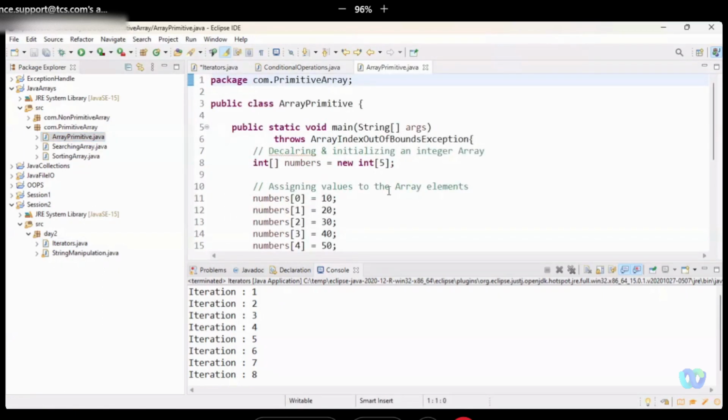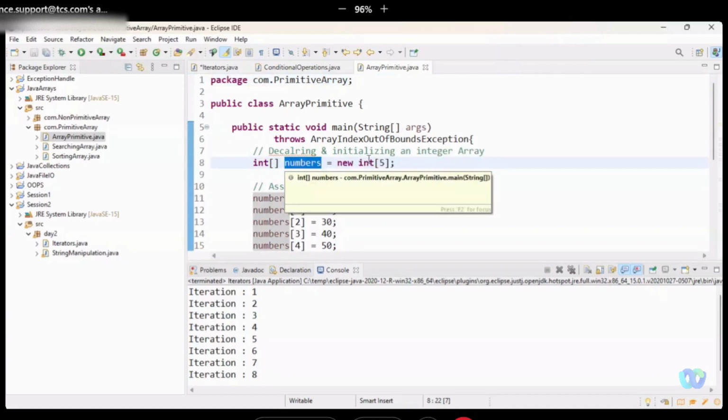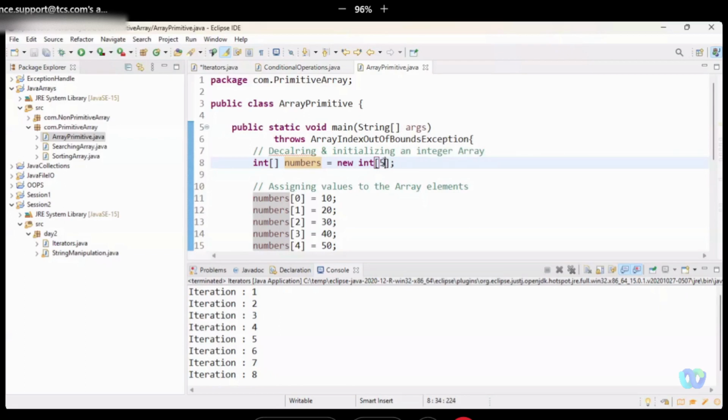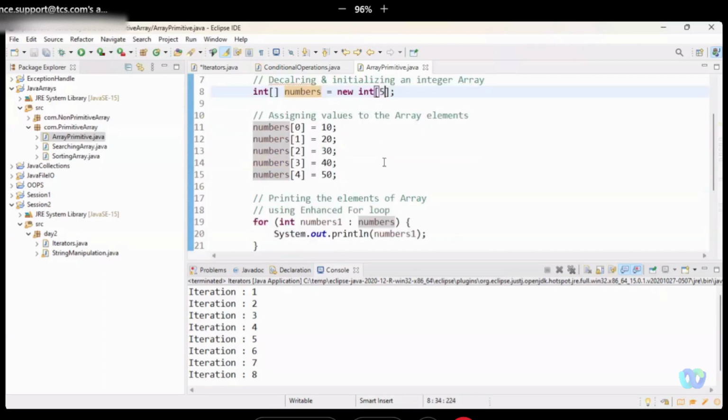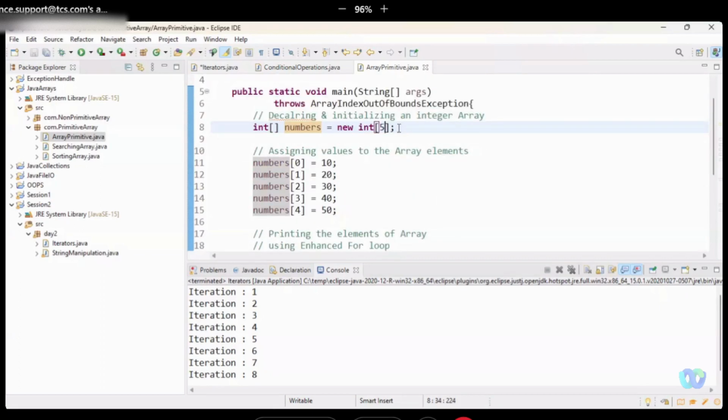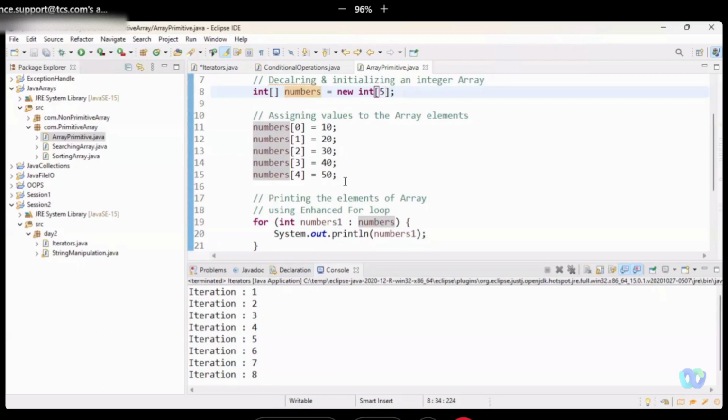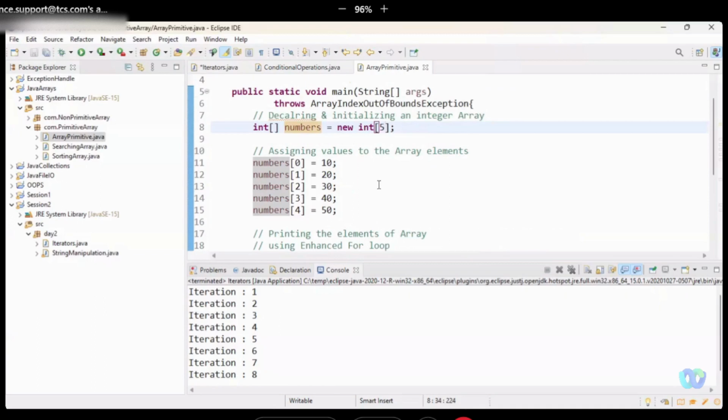So here you can see this is int numbers. This is the name of our array and this is the 5. Now what is 5? 5 is nothing but the size of the array. Here we are saying that this array will include only 5 elements. Now numbers of 0 means 10. At the 0th position we are mentioning that 10 should be placed. First position 20, second position 30, third position 40, fourth position 50. Now here it will not give you a fifth index. Why? Because 5 elements will be there, but the index of the last element will be 4. Clear, right? So after using arrays like this, we will be using